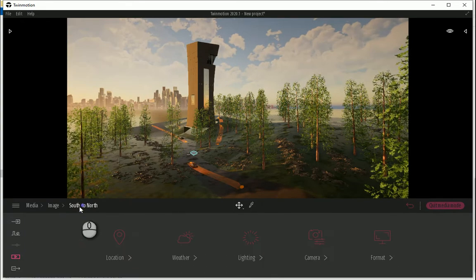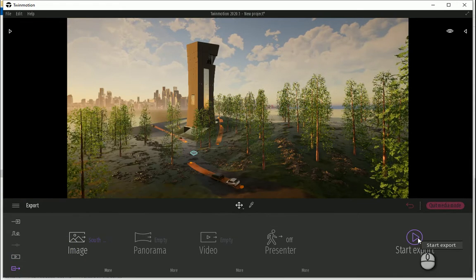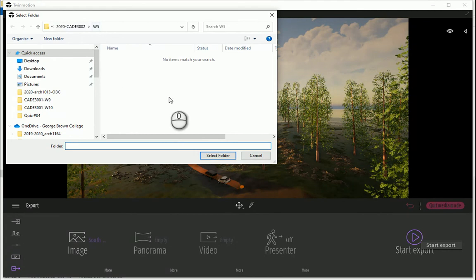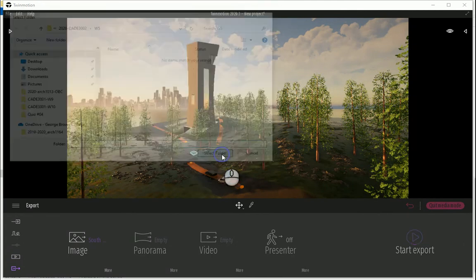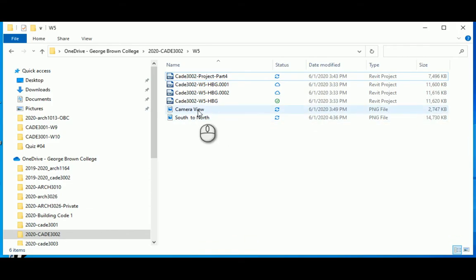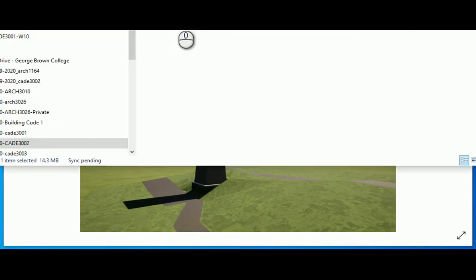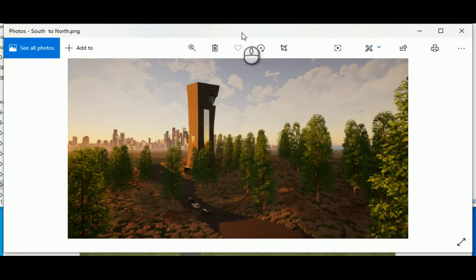And when you're ready, you can go to the very last item, export, select that image and export it. I'm gonna select the folder. You cannot assign the name, you can just select the folder. It's gonna automatically name the picture. You can see that the images are here. It's gonna keep your old images. It's not gonna overwrite or anything, so don't worry about that. This is the old image and this is the new one.